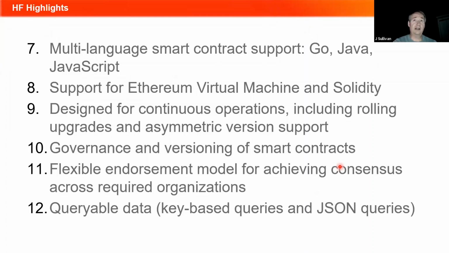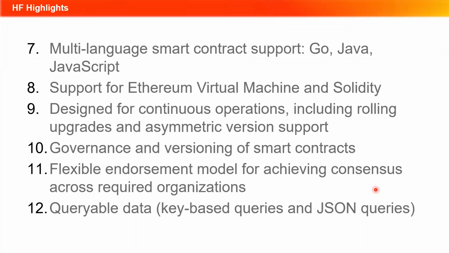For contract development, there is multi-language support. Go is a big language, but also Java, JavaScript, and there is support for the Ethereum virtual machine and Solidity. There is governance versioning for smart contracts and the endorsement, again, for consensus. So you probably have heard of proof of work as consensus, and proof of work is needed on a public blockchain, but on blockchains like Corda, on blockchains like